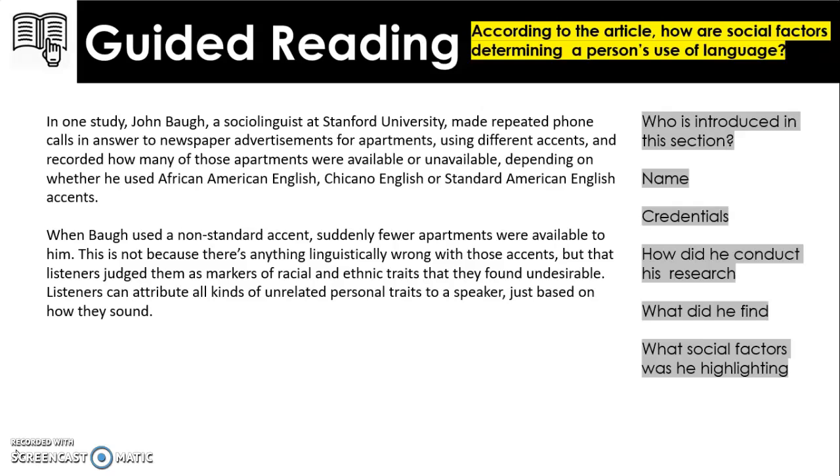The sadness that this research reveals is that people were judging them, and they were making a judgment that often was undesirable, that they did not want that type of person renting their apartment. And it reminds us of a level of discrimination that sometimes we think we've moved on from. Okay, so he was highlighting the social factor of ethnic, racial background on whether or not people would rent an apartment to you. So that biased judgment based on how you sound, it seems so crazy, doesn't it?